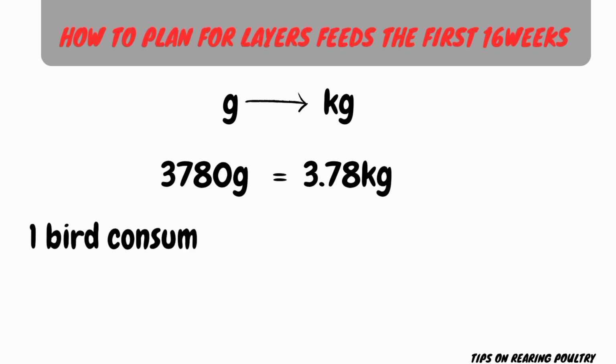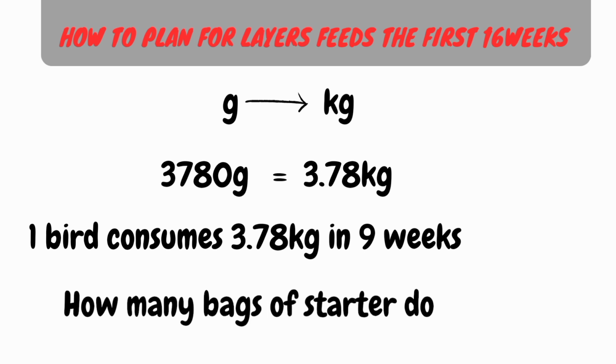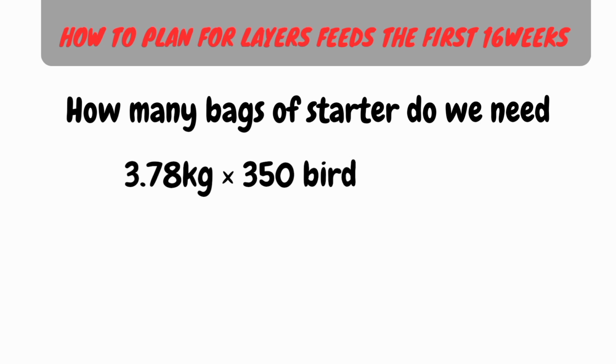So after finding out how much a bird consumes in the first 9 weeks feeding on starter feed, we are going to find out how many bags of starter feed we will need in the first 9 weeks. So let's proceed to calculating that. Now I'm going to use the 3.78 kilograms I got earlier, and then I'll multiply this value with the number of birds I have. I'll use the 3.78 kilograms multiplied by the number of birds, which are the 350 birds, and it will give me